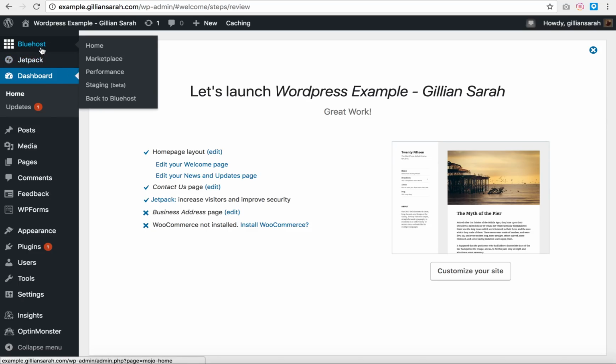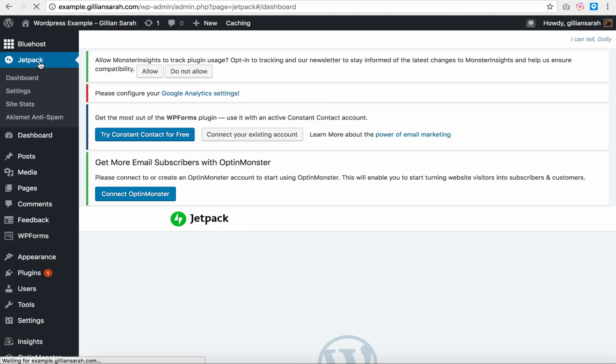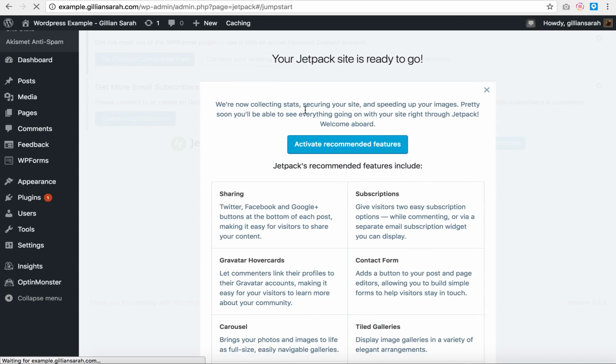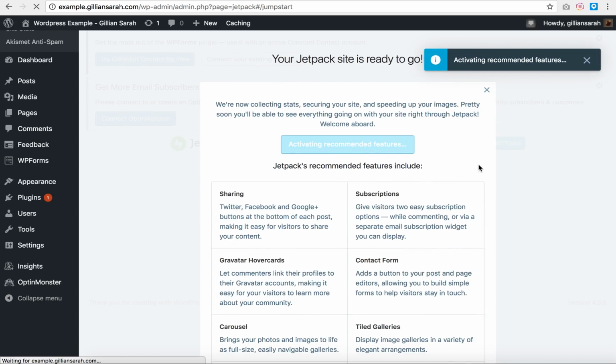Right. So Bluehost, you can pretty much ignore this. I'm not going to use this right now. Jetpack is really good. Your site should come with that installed on it, especially if you're running through Bluehost. It will always come with that installed. If not, I'd recommend it, because, see, I go to activate recommended features and it gives me